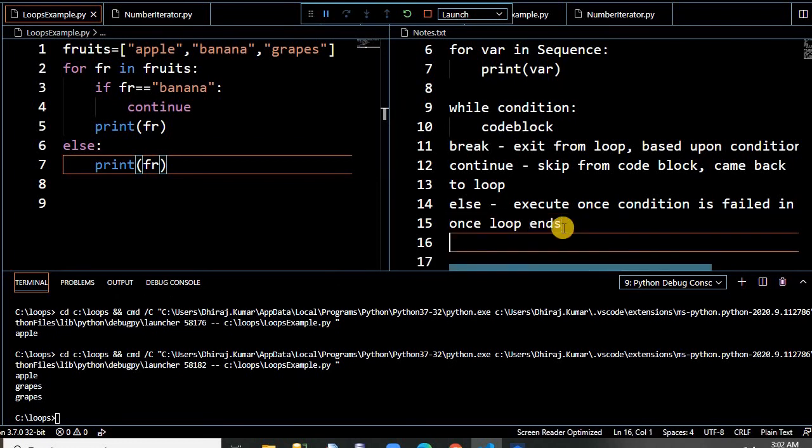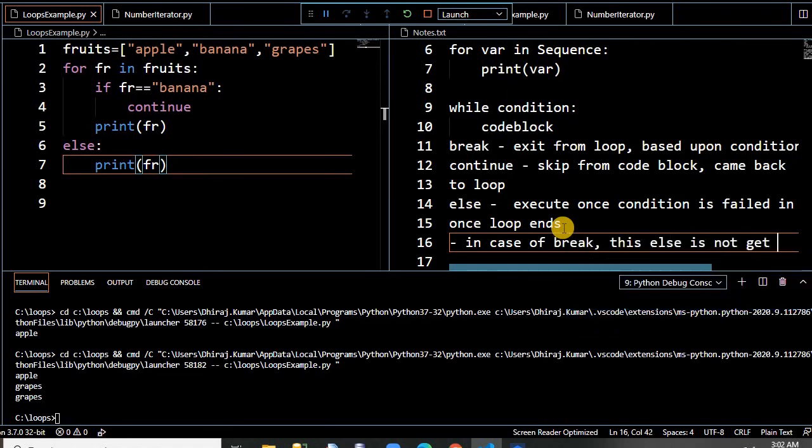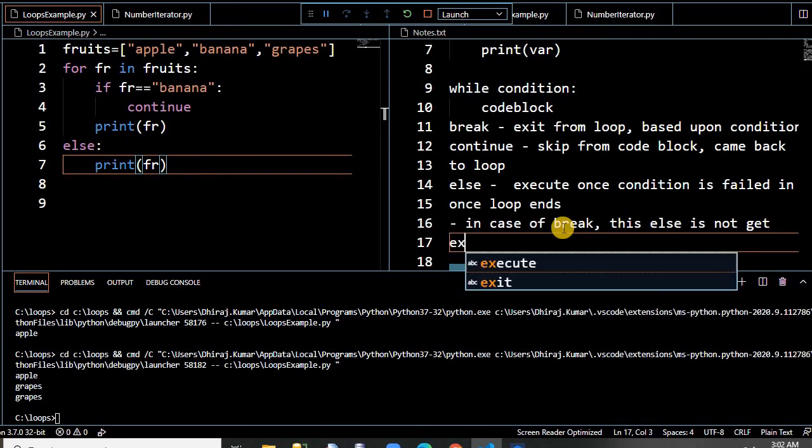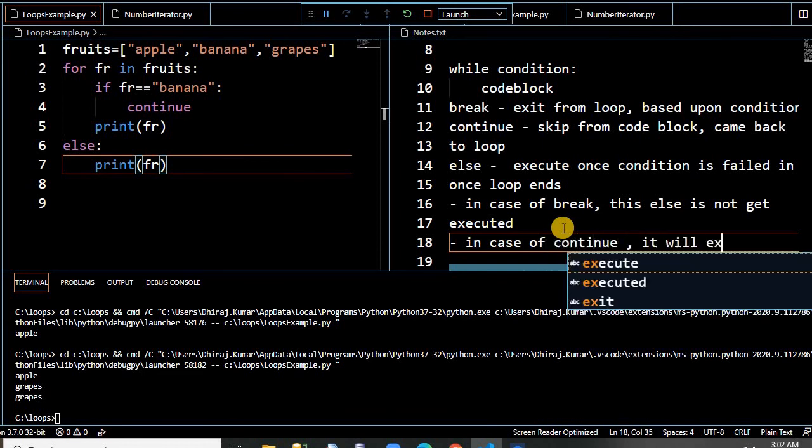So we have to check here also that in case of break, this else is not executed, but in case of continue, it will execute. Okay, that's the basics of break, continue, and else.